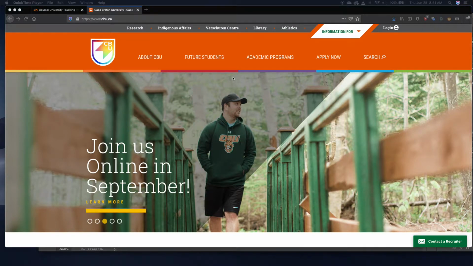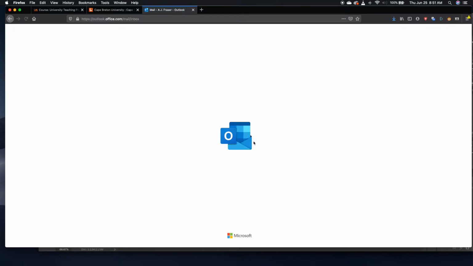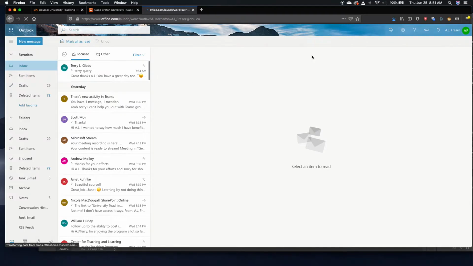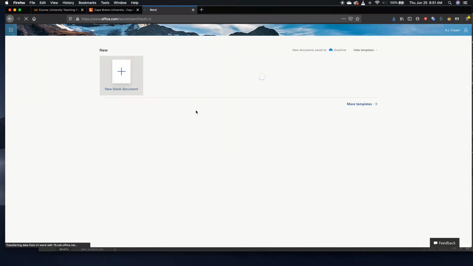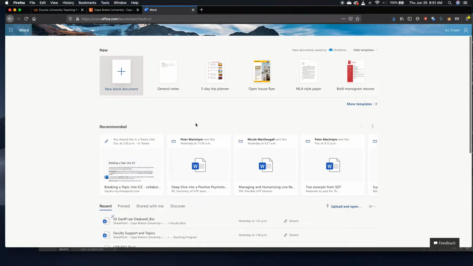Here I am on the cbu.ca website, and I'm just going to go into Office 365, and I am going to go to Word. So in Office 365, which you can access via the website and by logging in with your CBU email address, or if you download the Office 365 suite of tools, so if you've got Word on your CBU computer, you can do a collaborative document there too. So I'm going to start a new blank document,